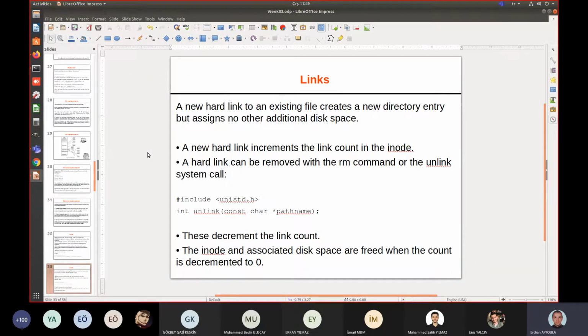Now, as long as there is at least one link to a file, that file continues to exist on the system. If you remove even the last link from the file system, then the file is deleted. Creating a new link to a file doesn't take any additional space, just one more directory entry. Example,